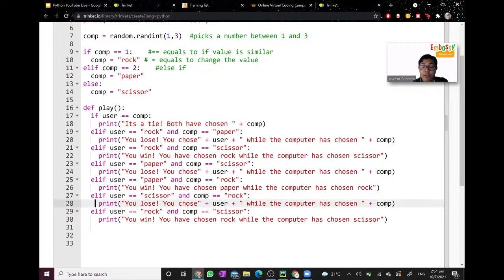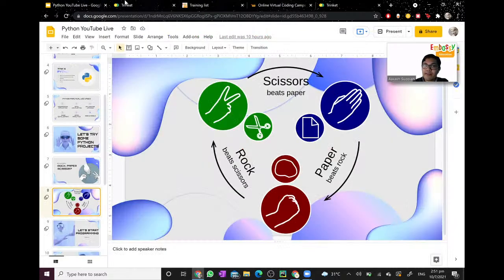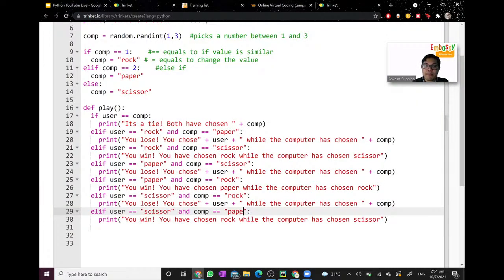Scissors loses against rock. So let's change our option to scissors and computer's option to rock. We don't have to change anything here. And now, for the scissors win scenario, we change our option to scissors and the computer's option to, what does scissors win against? Paper, correct? So we put here paper. But since we are printing a static statement here, we have to change the rock here to scissors, while the computer's choice to paper. Okay, guys, so now we have actually done all interactions.